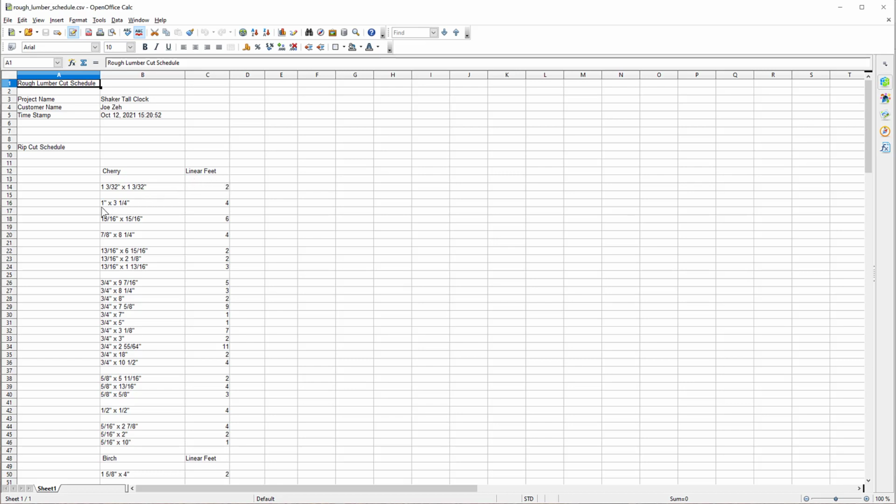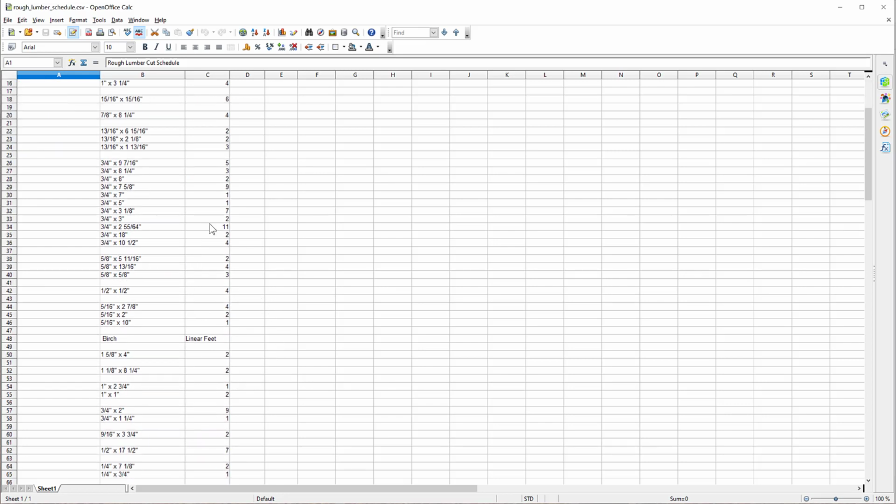And then it'll tell me I need 1 inch thick by 3 1/4 inches wide, and I need 4 linear feet of that. So on and so forth. The most interesting and most common will be 3/4 inch thick by a certain dimension wide, and it'll tell you how many linear feet you need of each. And it'll go all the way down to,